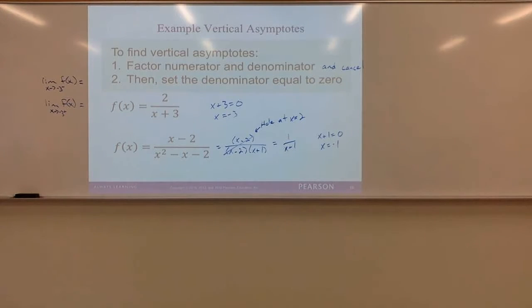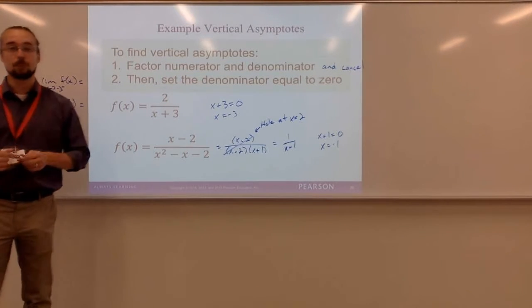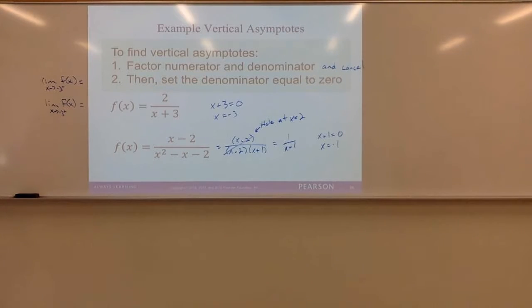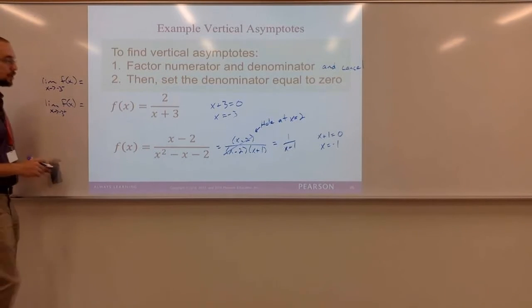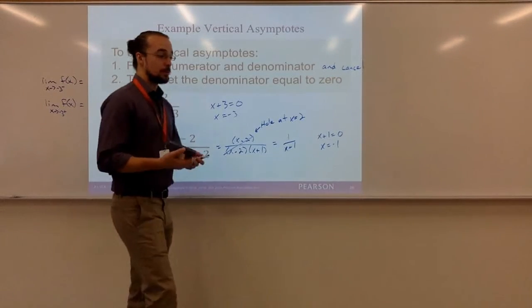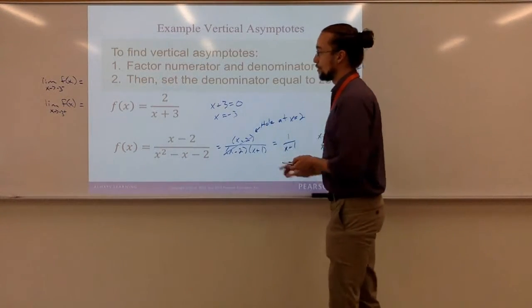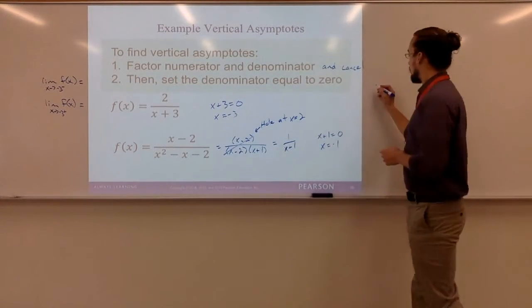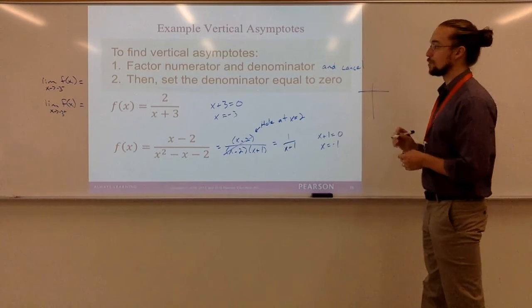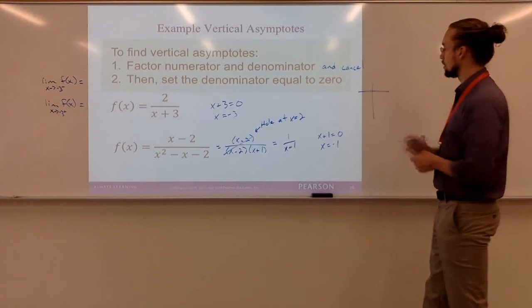And I think that's going to be the easiest way to do it: just plug in some values. Make a little table on each side. If we're doing this by hand, that's going to be the easiest way to do it. And obviously, if we have a calculator and we can just graph it, that would be even easier. But if we are required to do this by hand, the easiest thing to do is going to be to make a little table. So first I want to find values as I get closer and closer to -3,